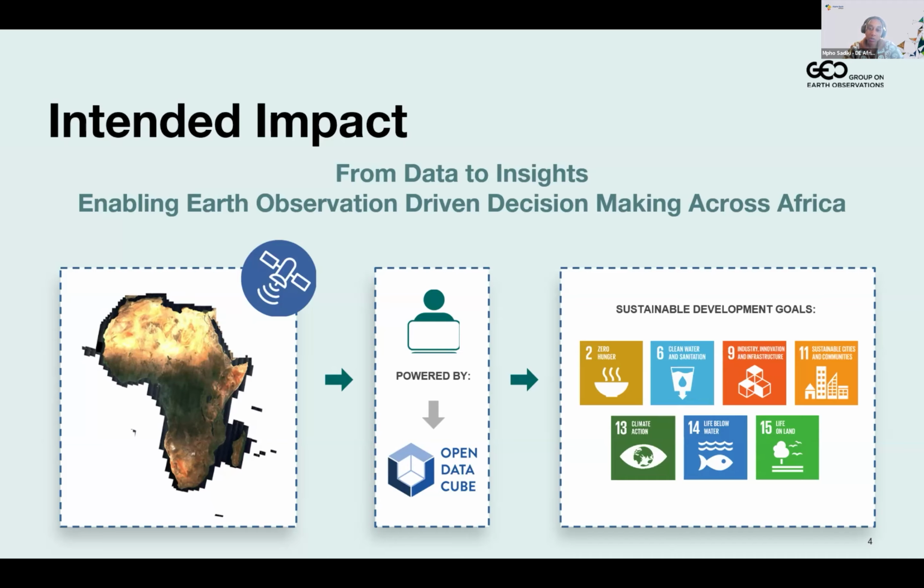And with consistent long-term Earth observation data, you can start to track changes, understand what is happening on the ground, and respond more effectively. And so whether you want to monitor water availability, understand vegetation change, or identify areas that are under pressure, the real value comes from being able to use this data in a practical way. So this is where it connects to broader priorities such as sustainable development goals. And this is really the impact of Digital Earth Africa, taking something that is so technically complex and making it accessible and usable for real world applications.